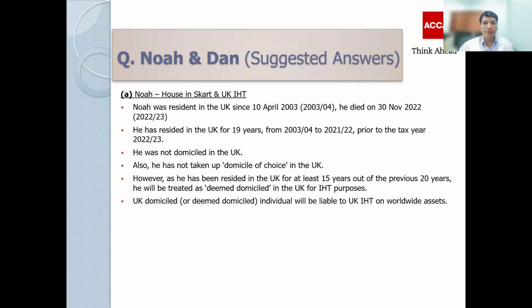So I think the second point, the third point, the fourth point and this fifth point is obviously the final answer. Therefore, his house in SCART will be liable to UK inheritance tax, being part of his death estate in the UK. So the last point, the second last point, the third last point, and one from the beginning, which is the second point. So the second, the fifth, sixth, and seventh points will be enough. Especially the last 3 points are the more valuable points for the purpose of 3 marks. So keep that in mind.